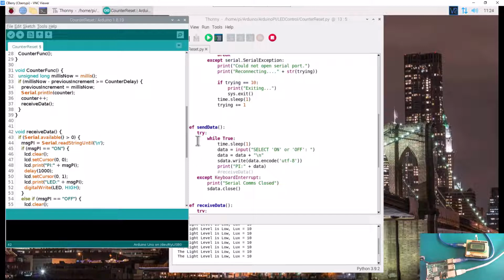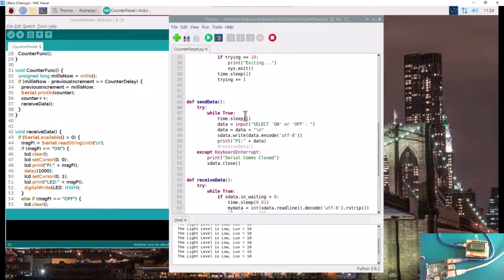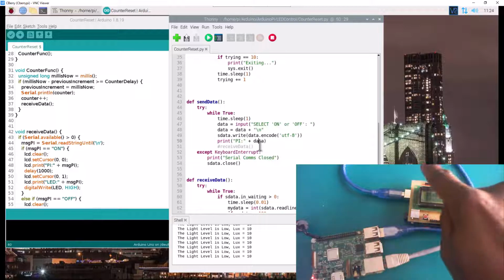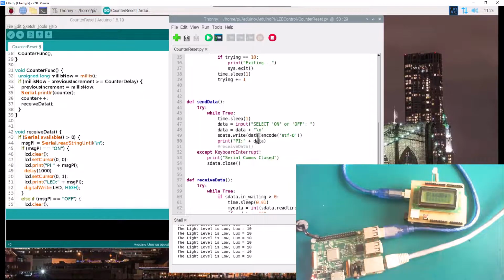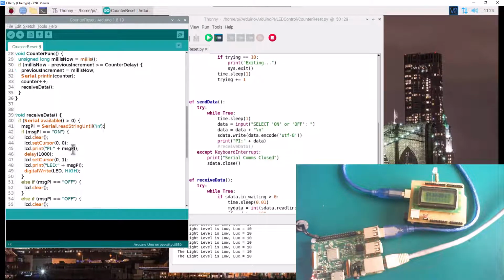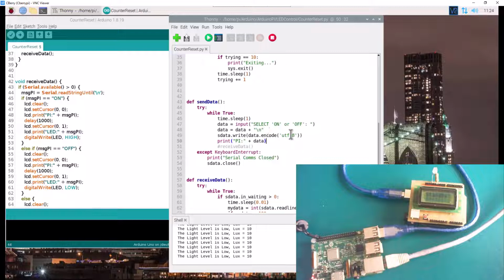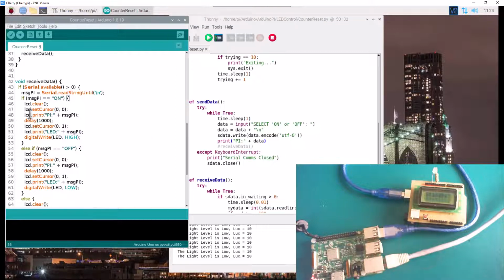Right after incrementing the counter variable, we've got a receive data function. This function is basically here to get whatever we are getting from the Raspberry Pi. As you can see here, we've got a send data function from the Raspberry Pi, and we're sending on and off instructions to turn on and off this particular LED. So this is where we're handling it. Now we're going to receive an instruction from here also, but this time it's going to be the resetting counter